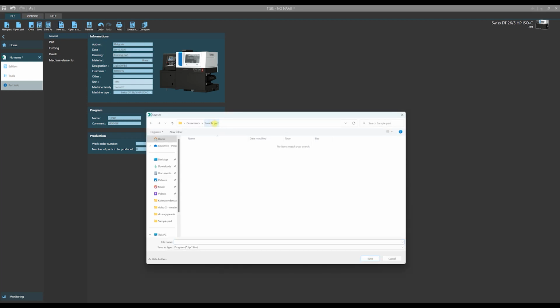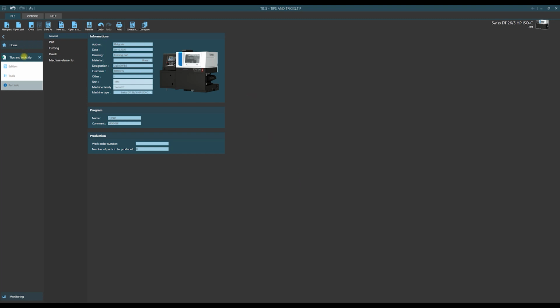In this window, we should open a folder where we would like to store our program, introduce the name, and save. And now this name, tips and tricks, replaced the previous one, no name.